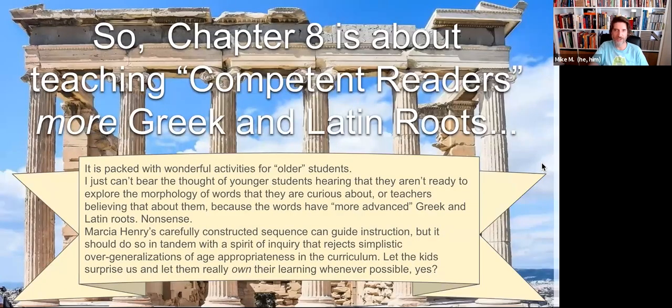So chapter 8 is about teaching competent readers more Greek and Latin roots. I'm going to read this too. It's packed with wonderful activities for older students. I just can't bear the thought of younger students hearing that they aren't ready to explore the morphology of words that they are curious about, or teachers believing that about them because the words have more advanced Greek and Latin